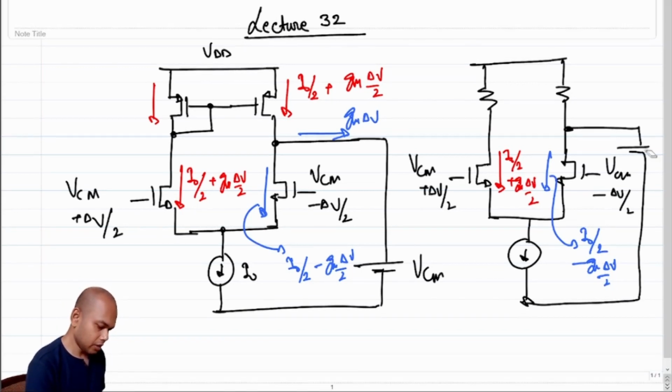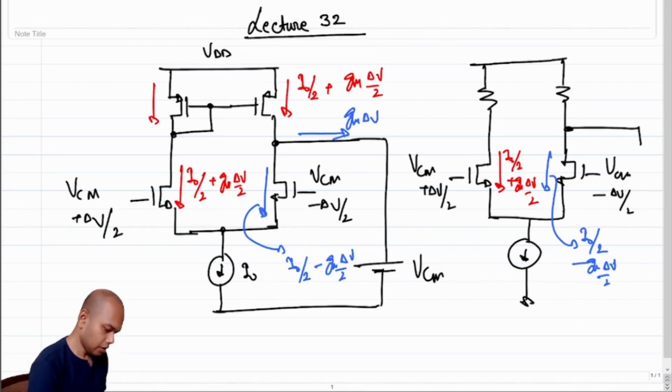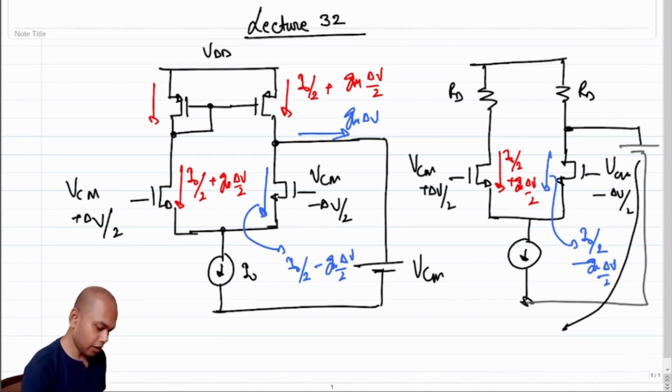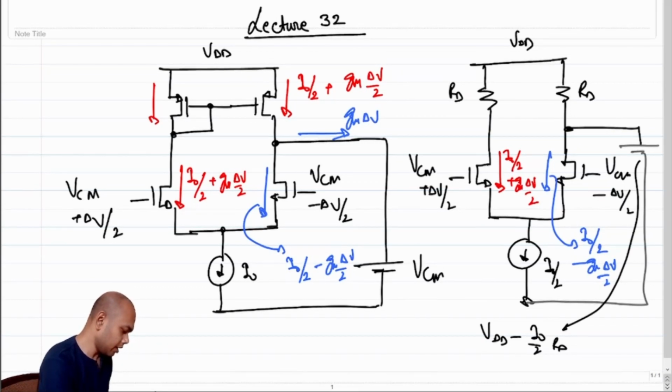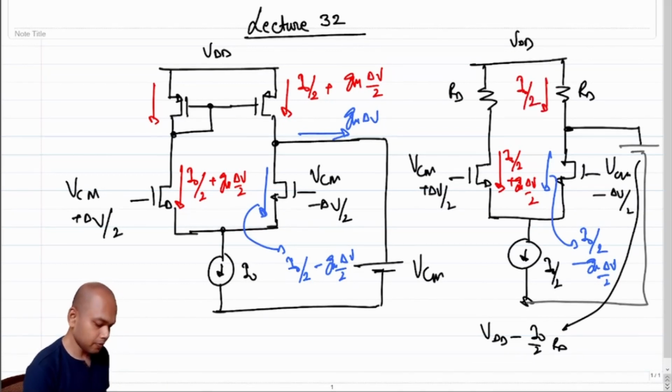So assuming that, okay, I shouldn't have put VCM there, because the value of battery that I should put in this case should have been what? If this is RD, this is RD, this battery value should have been VDD minus I naught by 2 times RD, because that's what the quiescent value is, right? So we hold it at quiescent value. If we hold it at quiescent value, then this current is always I naught by 2, right? So the difference current that would have flown,